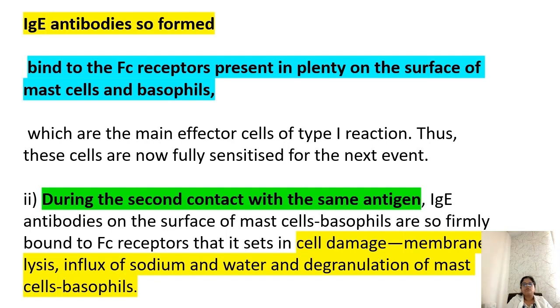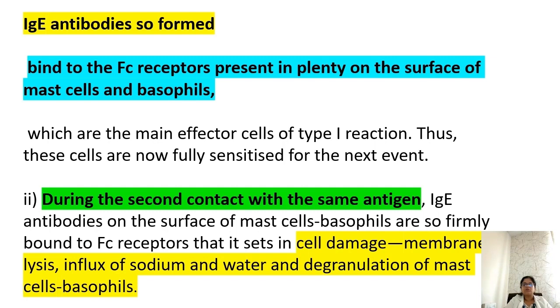So, binding to the Fc receptors present in plenty on the surface of the mast cells and basophils, which are the main effector cells of the type 1 hypersensitivity reaction. Thus, these cells will now be fully sensitized for the second event. So when the second event is triggered by the same antigen, or during the second contact with the same antigen,